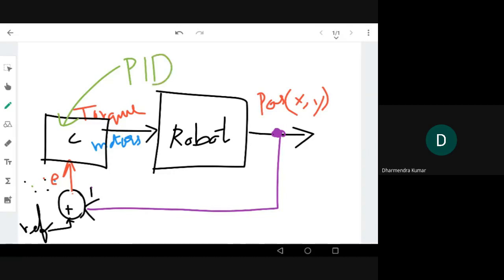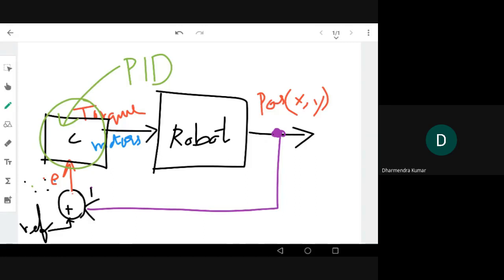Although we have not discussed PID completely, we have seen there's a proportional controller, integral controller, differential controller, and there's a possibility of PI controller, PD controller, etc. Now we are focused on the C part. So this is what I was just discussing, the plant, and how the plant is controlled by the controller. I guess you are getting the point. Now we will come back to our example.